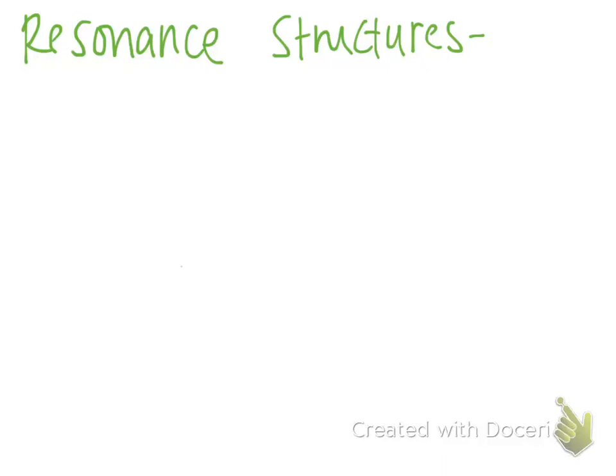So this next little section that we're going to do is something called resonance structures. And what resonance structures are is basically when a compound cannot be drawn with just one Lewis structure. So when we can't depict it with just one structure, it doesn't show us an adequate picture. So a resonance structure is a